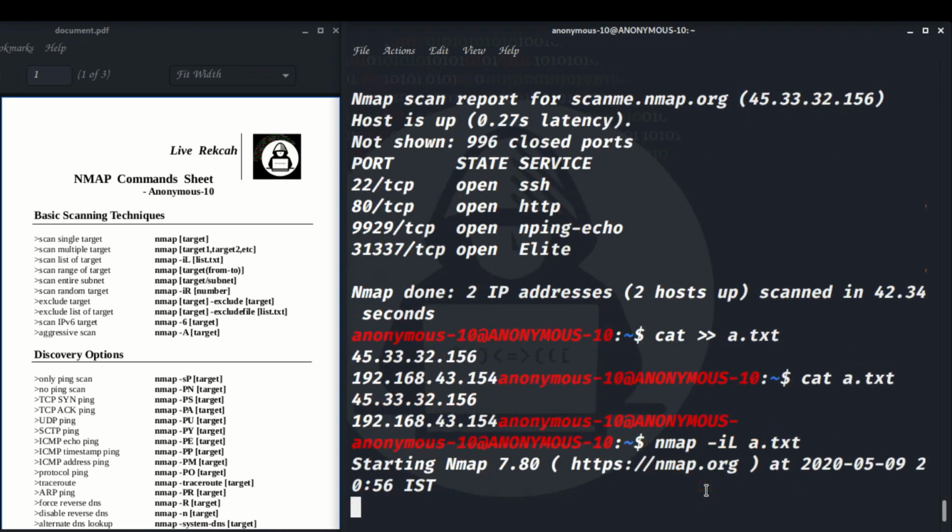It will search the list for any IP address, and if any IP address is present in that text document, it will take that IP address, scan it and give me the result. Just wait for it.